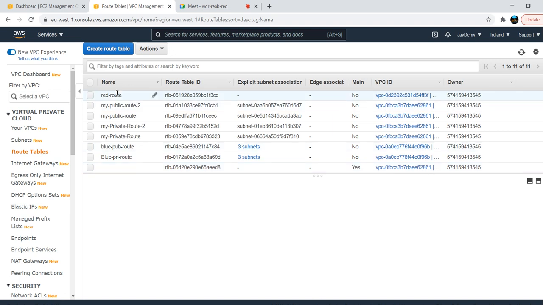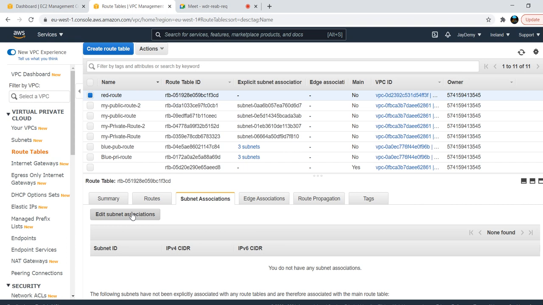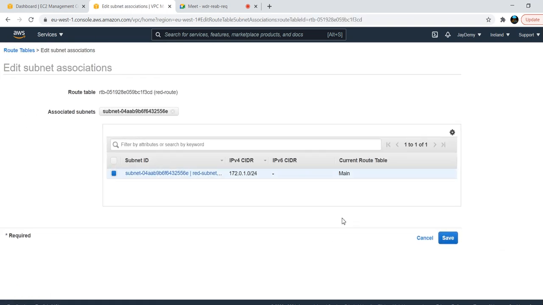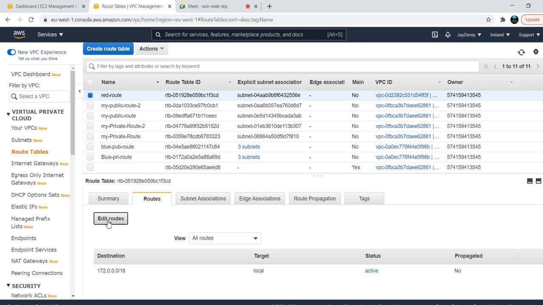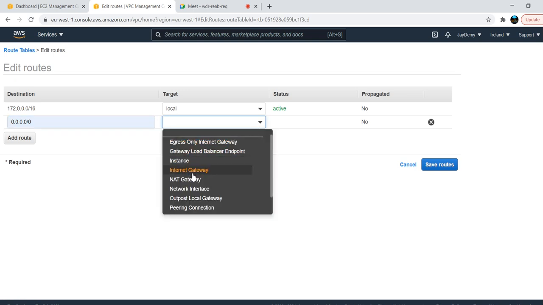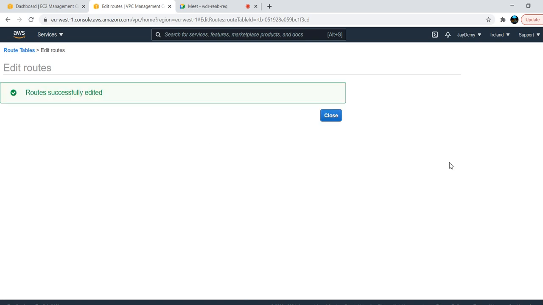We need to associate that routing table with the subnet which we have created now. We have created only one, that is the reason we see only one subnet. Go to the routes and edit routes, giving internet connectivity for this one. Internet gateway, use red IGW only, save route tables.